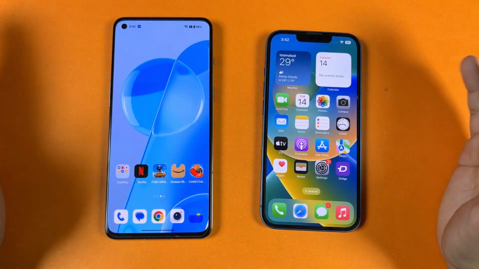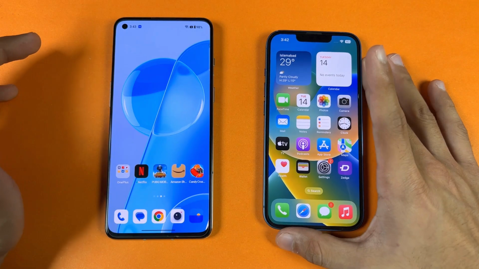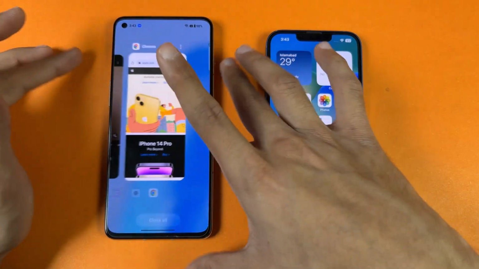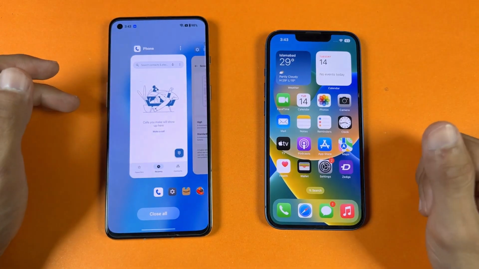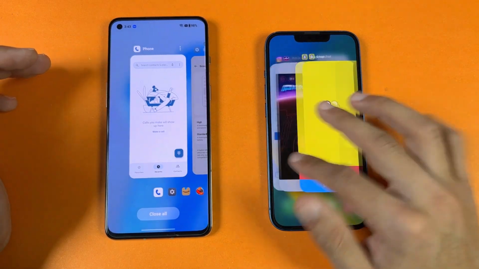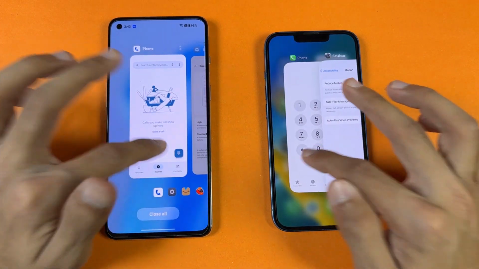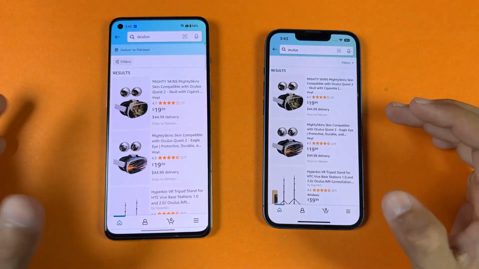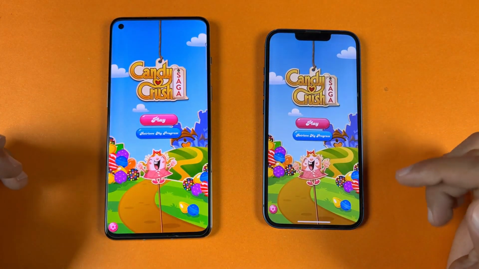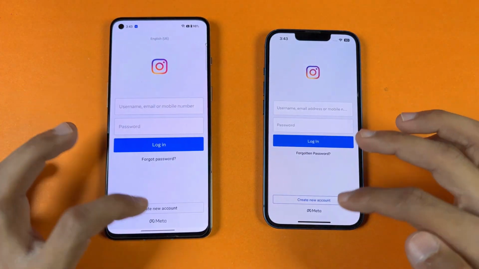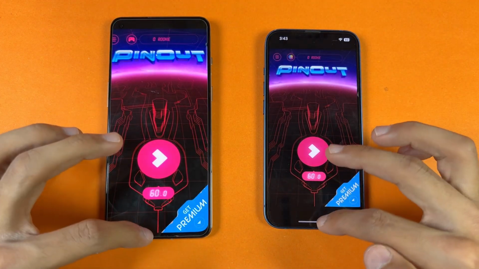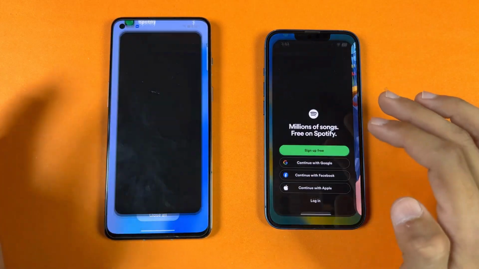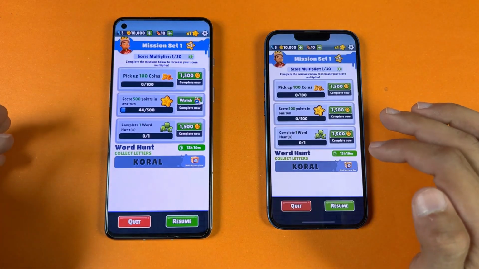So now let's check out RAM management on both phones. The iPhone 13 only has 4GB of RAM, while the OnePlus 9RT has 12GB of RAM. So let's see who performs better in RAM management. So phone dialer, settings, Amazon shopping, let's see Candy Crush Saga, Instagram, now let's see Pinterest, Snapchat, Spotify, Subway Surfers,